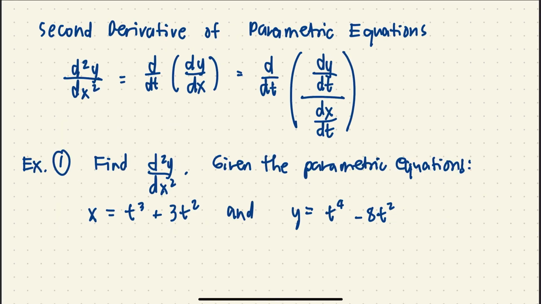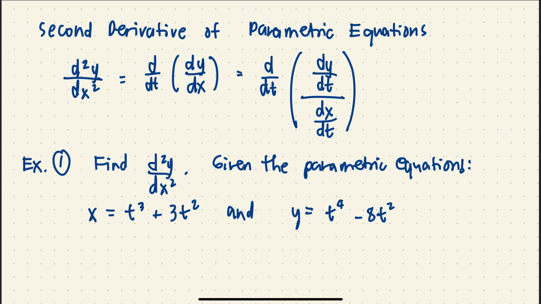Previously, we've learned about the higher order derivatives. So for parametric equations, there is also a second derivative wherein you just get the derivative again of the first derivative with respect to t. So you have dy over dx and then get the derivative with respect to t. So with that, you'll get the derivative of dy over dx with respect to t, over dx over dt. To understand this, let's try it with some examples.